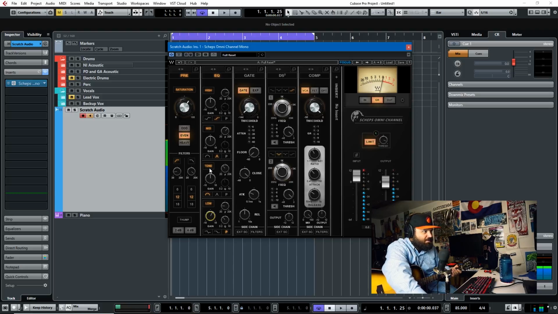Then we have, what is this, like a tone knob? Interesting. I don't know if we need any more tone. Is there any pleasing tone? We can do a high Q and sweep. Maybe we can